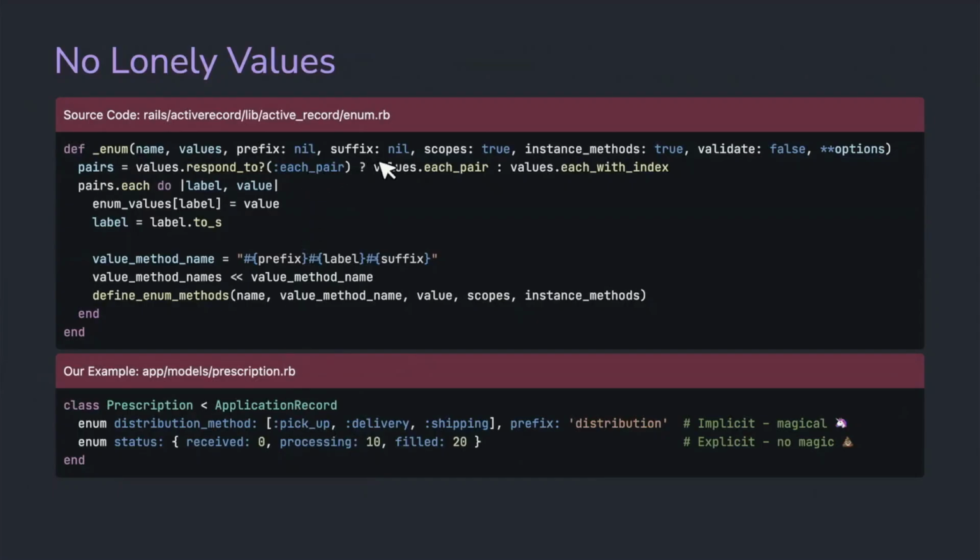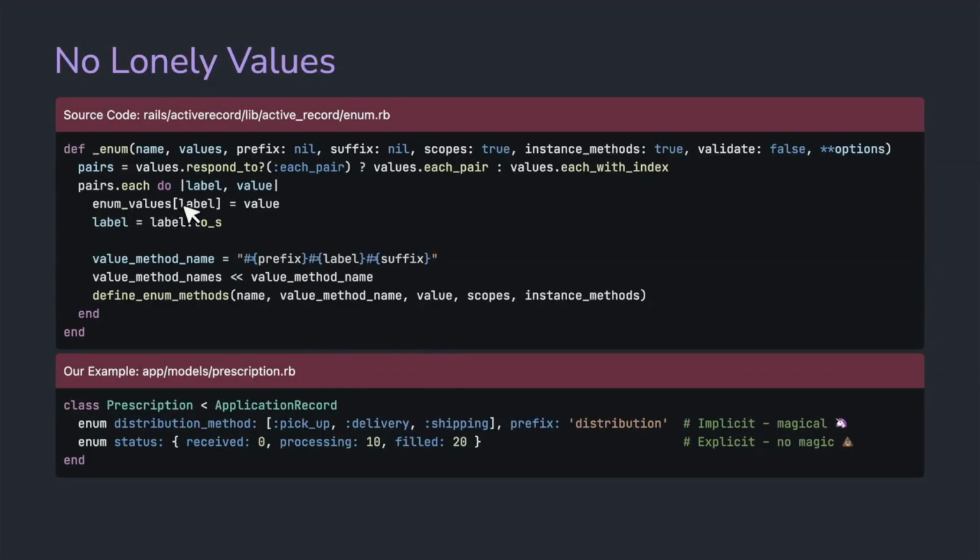So if it does, we're assigning pairs values to each_pair. If not, that means it's an array, and we're assigning pairs values to each_with_index. All that's doing is taking each item from the array and giving it an index starting from 0. So it's taking pickup and assigning it 0, delivery and assigning it 1, shipping and assigning it 2. So it's effectively creating a hash out of it.